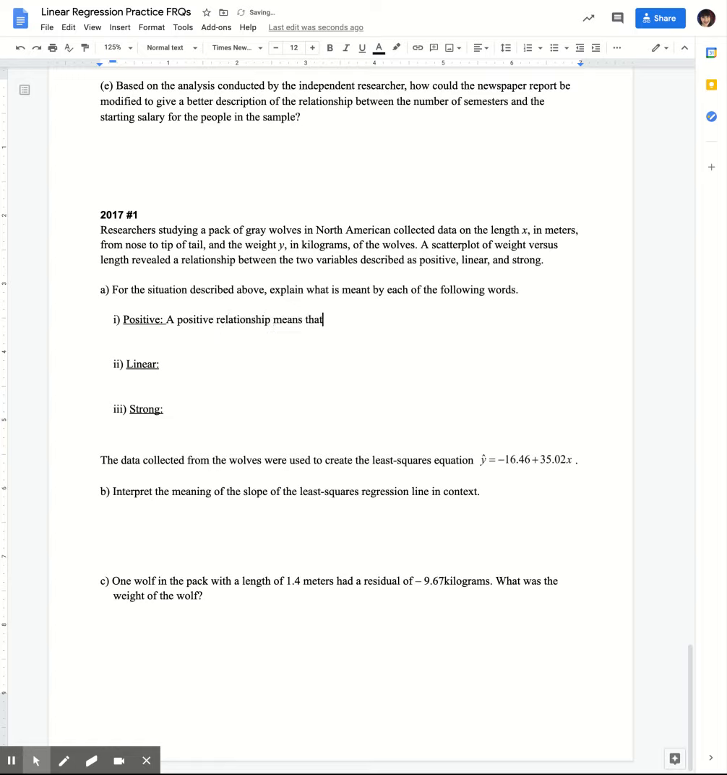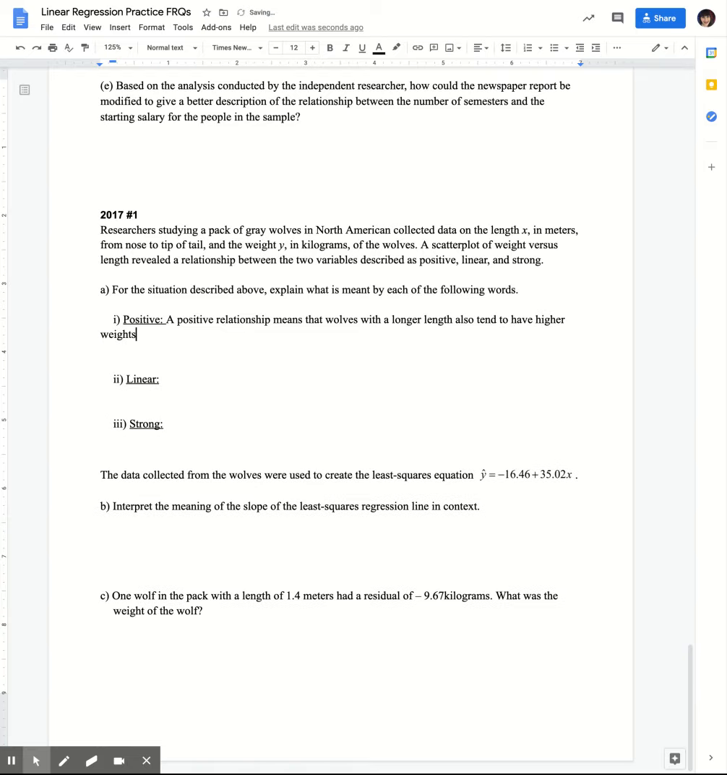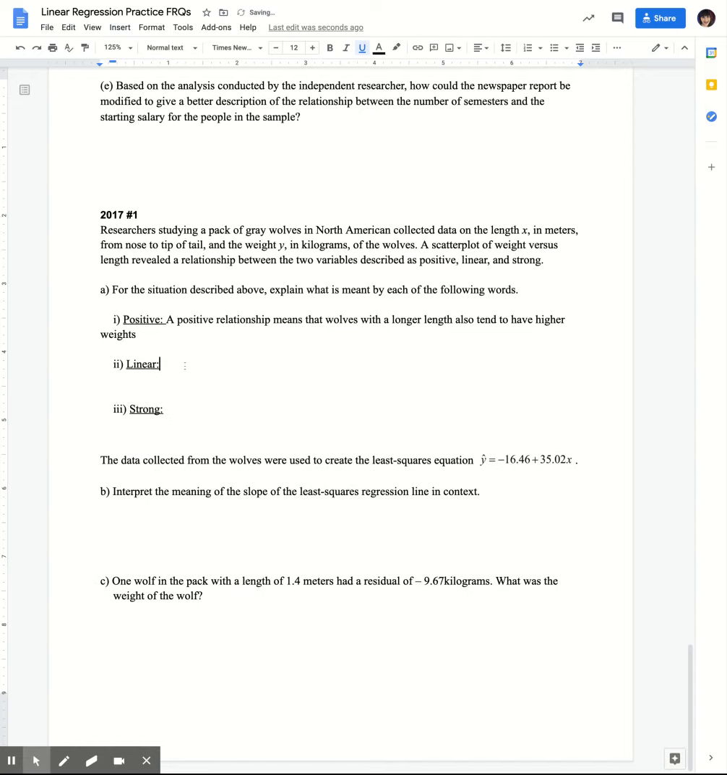So that means that wolves with a longer length also tend to have higher weights. Okay, right? Right. So essentially what you're doing